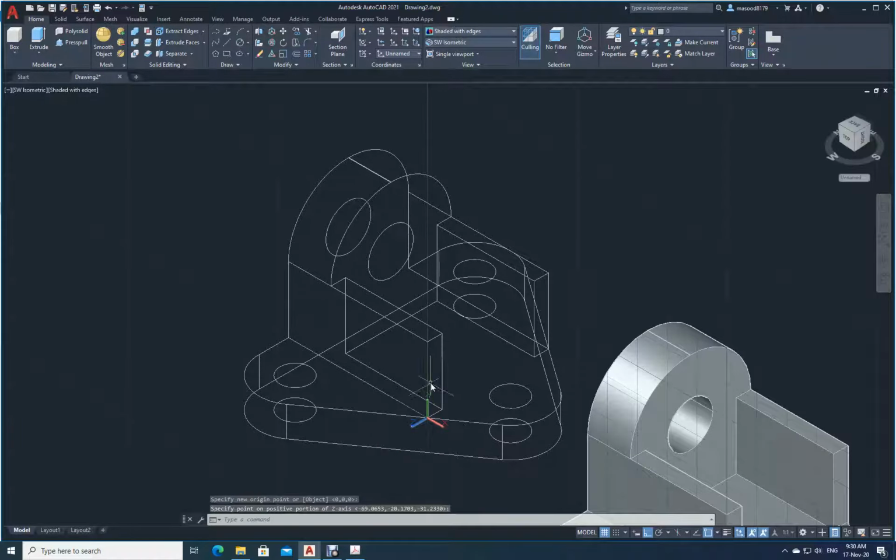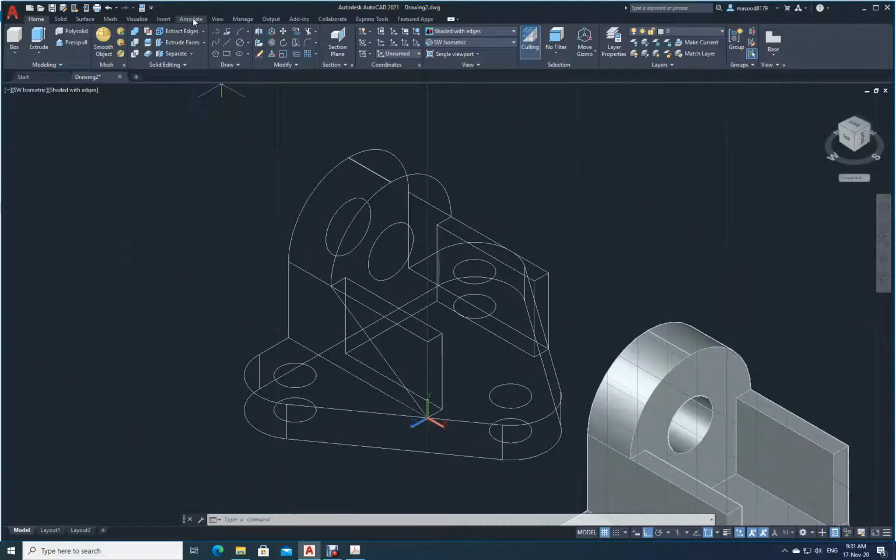Enter. Now see here XY plane is there. So I can draw something on this one now. I will just draw a line from where? From this corner. I will draw a line up to this point. See here, enter. Okay, so there is already one vertical line here and there is an inclined line here. I want only this angle. Okay, let me find out what is this angle.